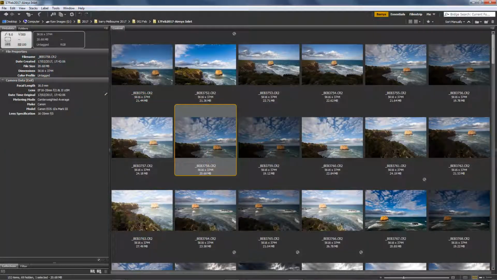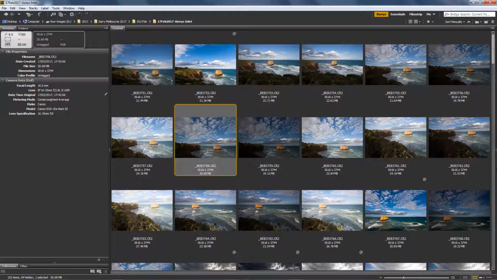Now I've switched to Photoshop's Bridge and you can see clearly which image I have highlighted middle left there, and you can see we have a metadata tab with all of the same information. In fact, there's a heap of other information we could include, but what we've got shown to us here is probably all we're going to need, because we have, in the top left corner, f8 at 500ths of a second,